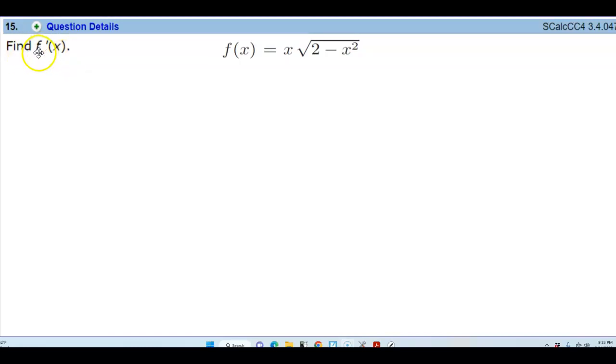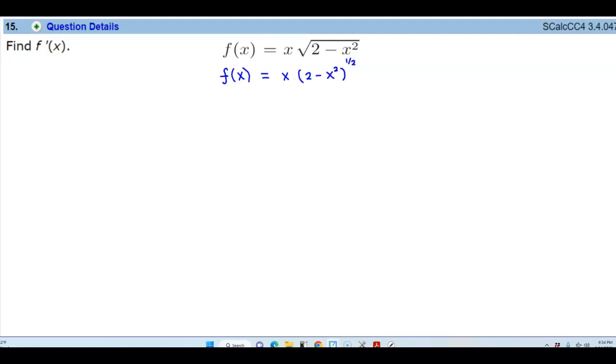Okay, we want to be able to find f prime of x, or the derivative of this function. So we have x times the square root of 2 minus x squared. In this case, we're going to use the product rule. And so we're going to rewrite this. So this is going to be f of x, which is equal to x times 2 minus x squared to